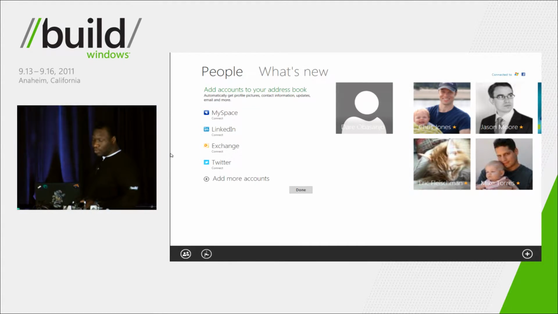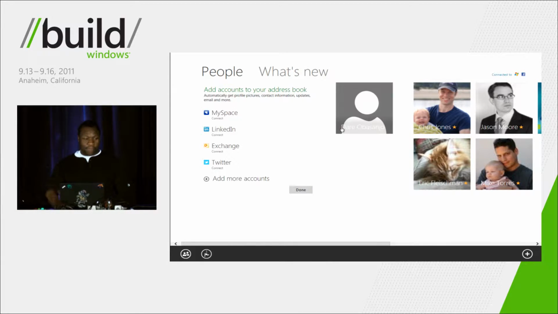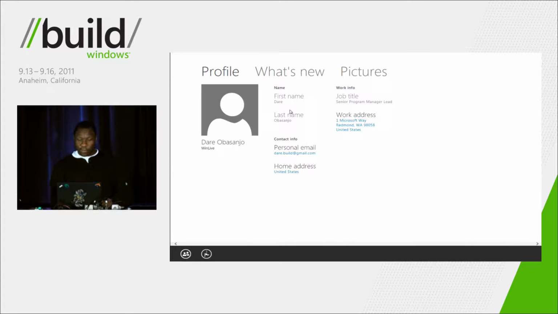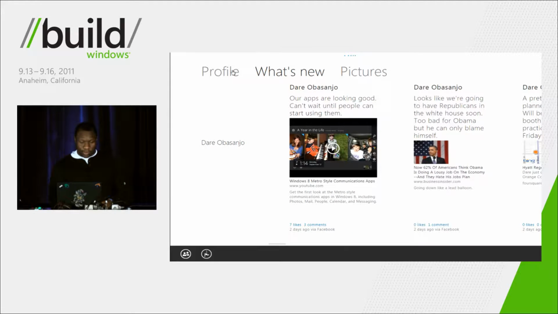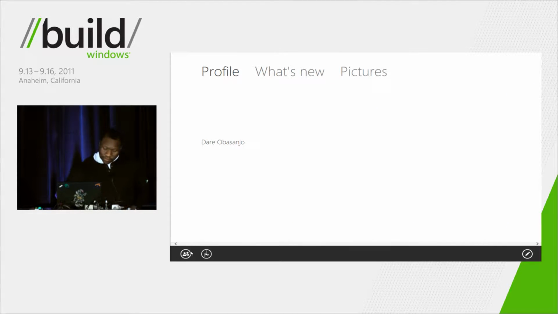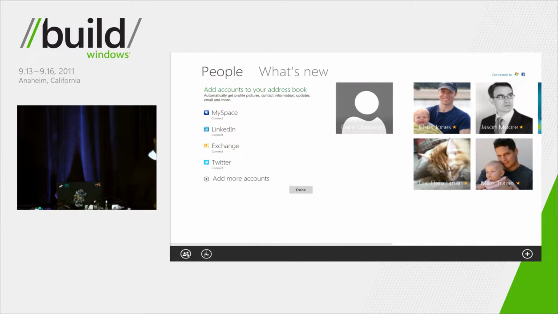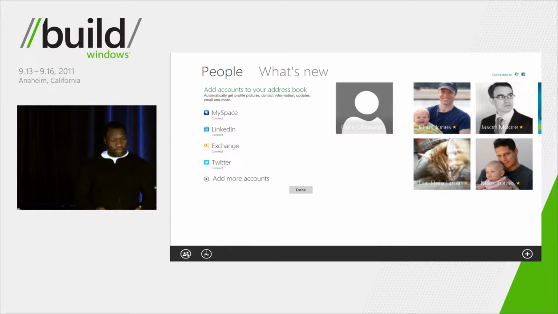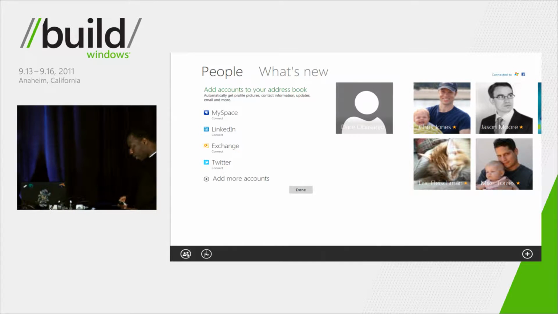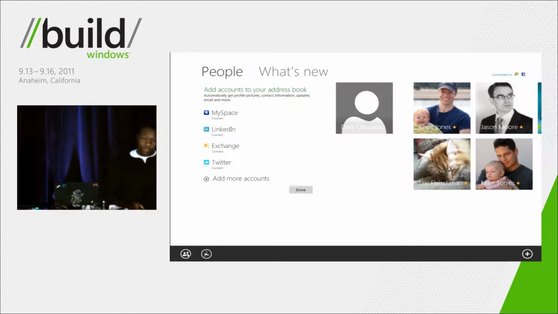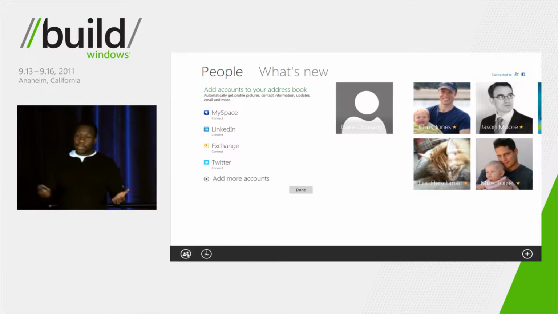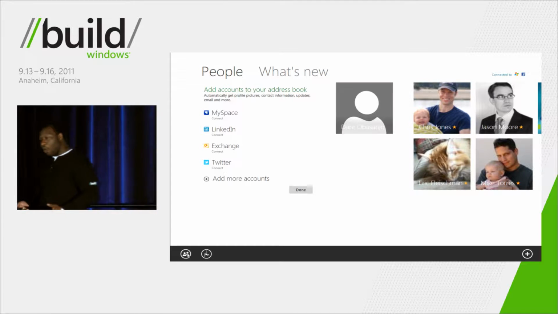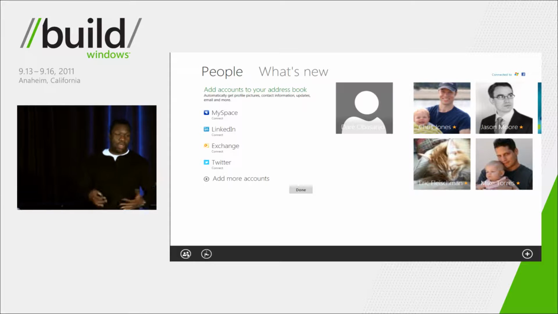Here, the application is launched. My information is in the application. It's pulled down my name, pulled down my contacts. It's pulled down my profile information, my pictures, my status updates. All of this information has been pulled down, and I launched the application not once having to sign in. And why is that? That's because when the application was starting up, it asked the operating system for my identity, and the operating system was like, hey, this is there. And once that happened, the application was ready to go.